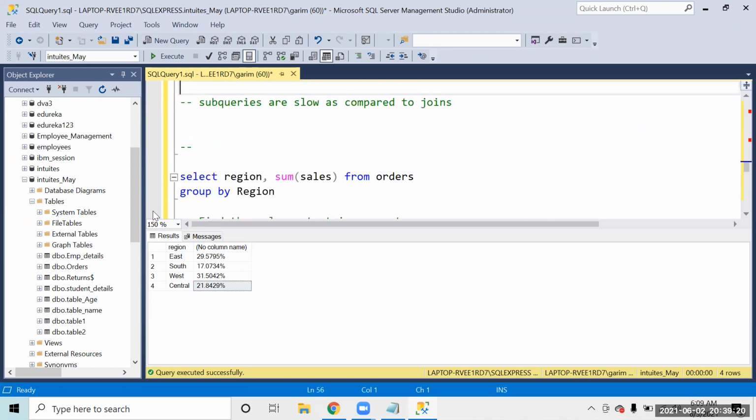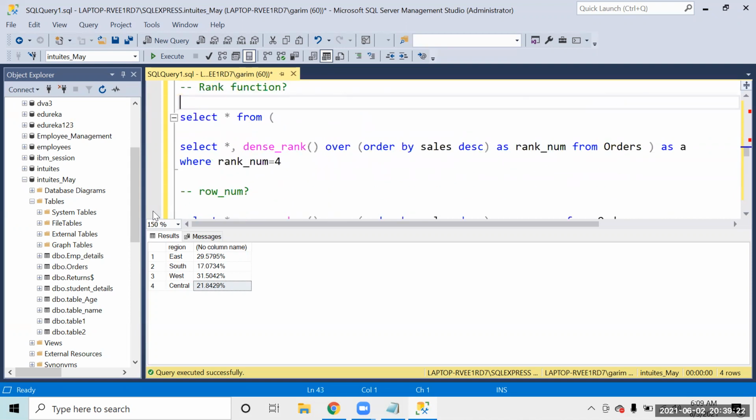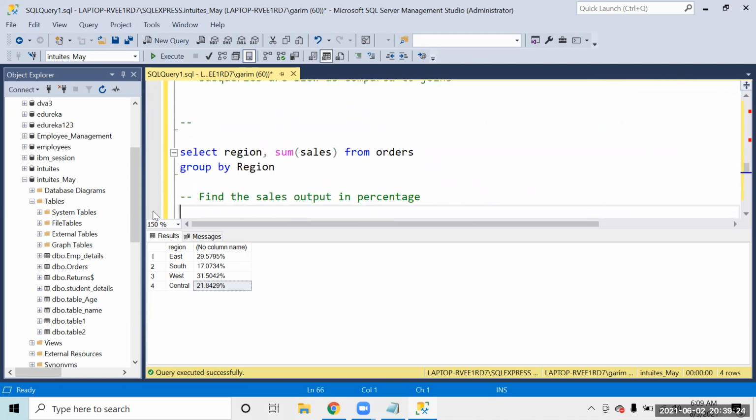Okay. So this is largely what you have on the subquery, basically writing a query within a query. This is more like where some of the conditions fail, so we use subqueries over there. And apart from that, if I just say